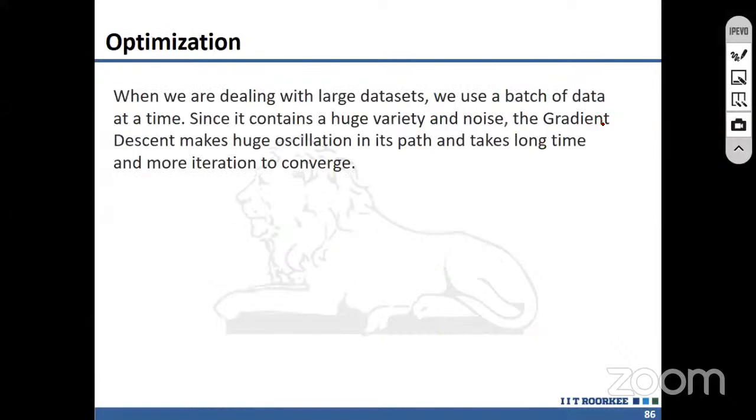So that's about regularizations. And now let us see optimizations. Okay, so we have discussed gradient descent algorithms. So in the gradient descent algorithms, what happens is that we use